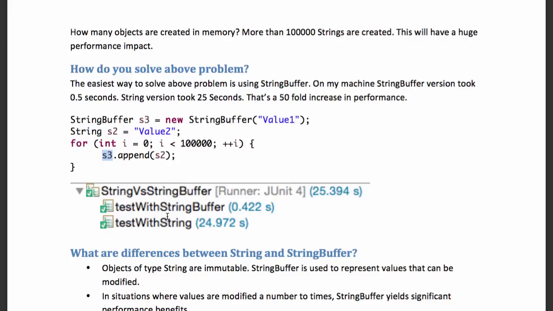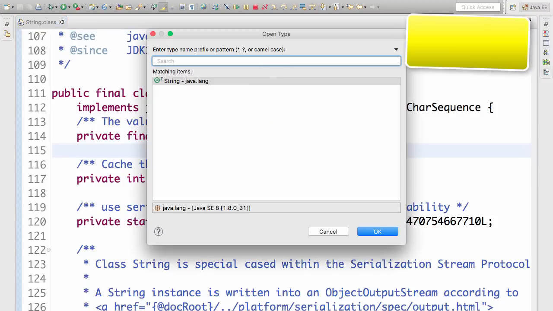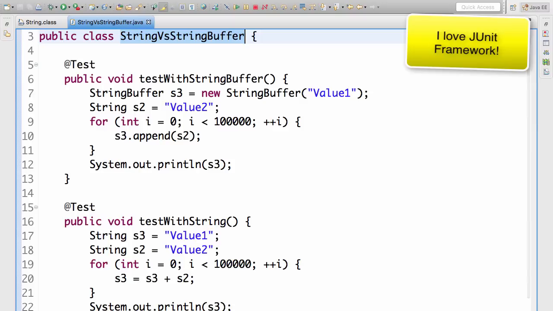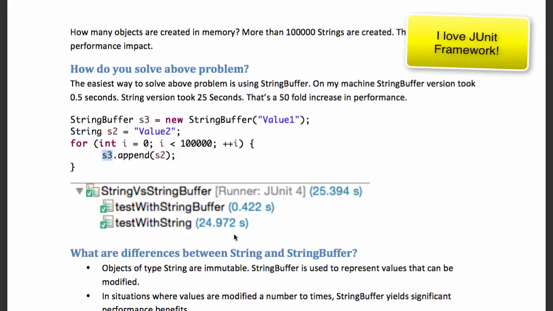So this is a unit test which we ran. If you really want to look at that specific unit test, you can do that. There's a test called string versus string buffer. You can look this up on the Git repository, or if you have set it up locally, you can look at it there too. So when we ran this test with string buffer, it took